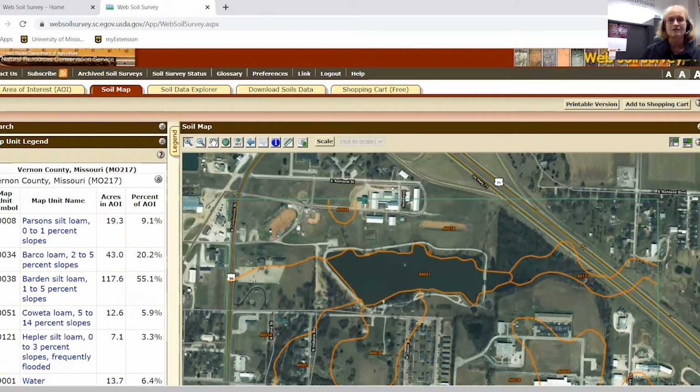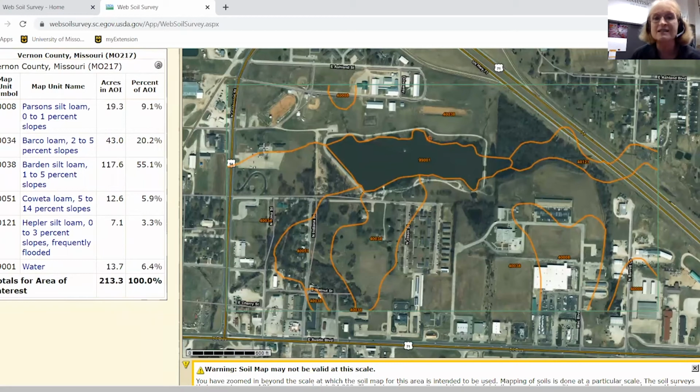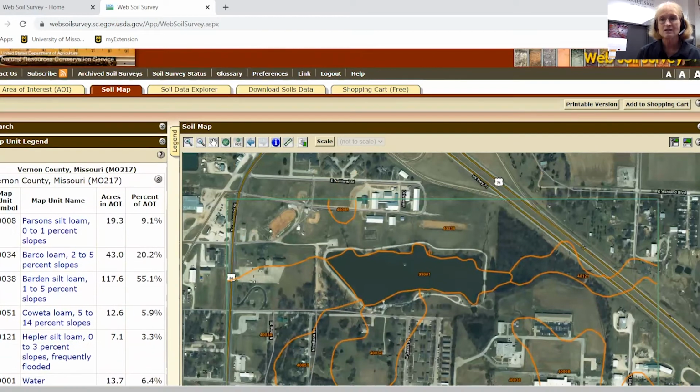So if you look at that, there's a number, and we'll print out a report. And when we get to that report, it will show you the name of that soil type and the different characteristics of it. So move this up here. You can either do a printable version and just print it out right then, or if you want to mail somebody a link, it doesn't last forever, I'll warn you, but